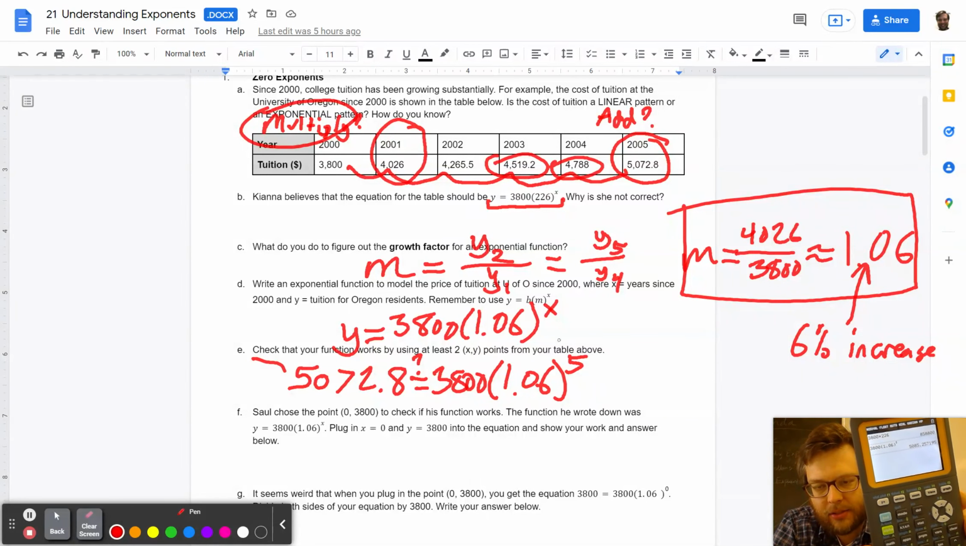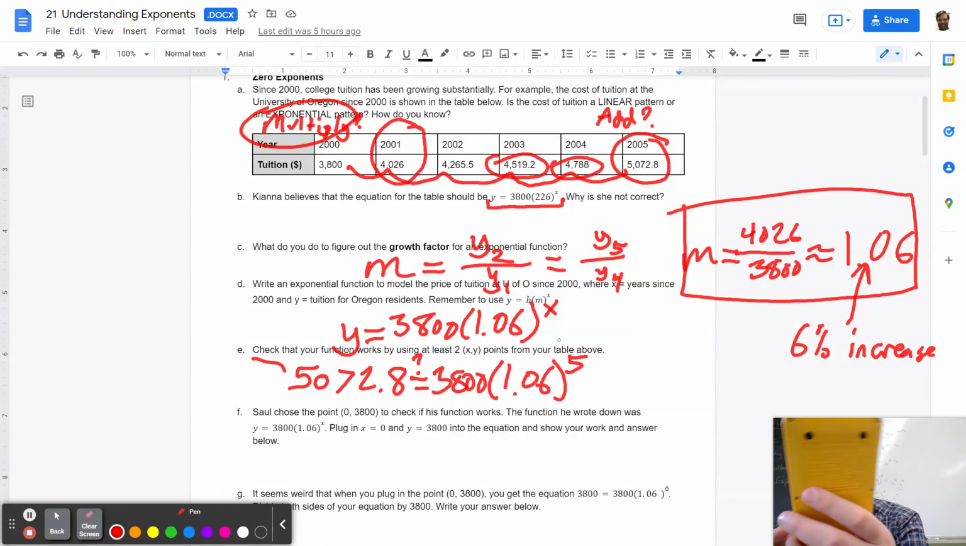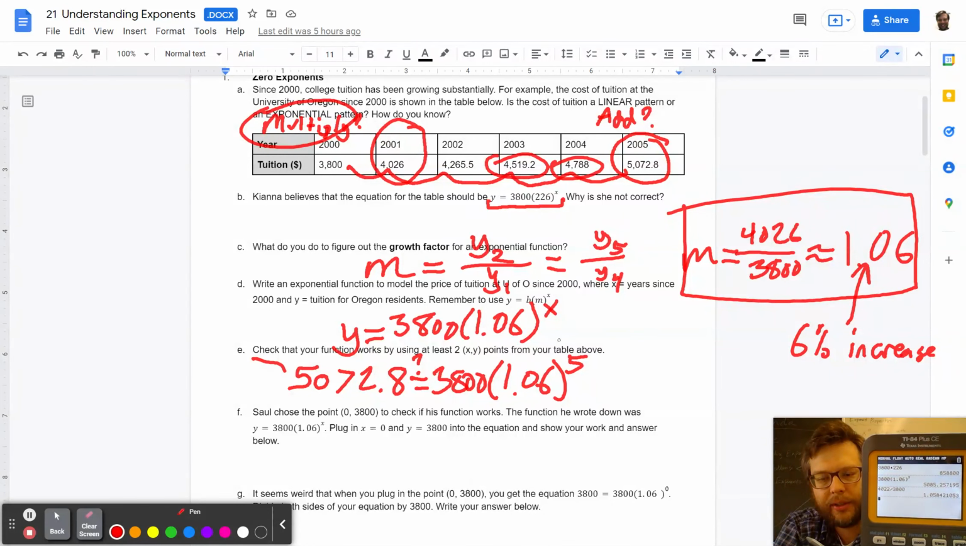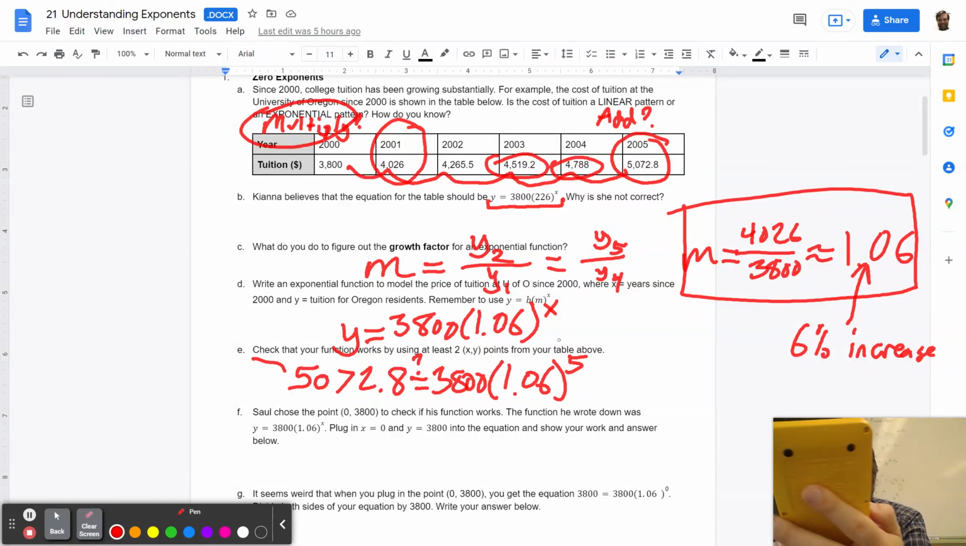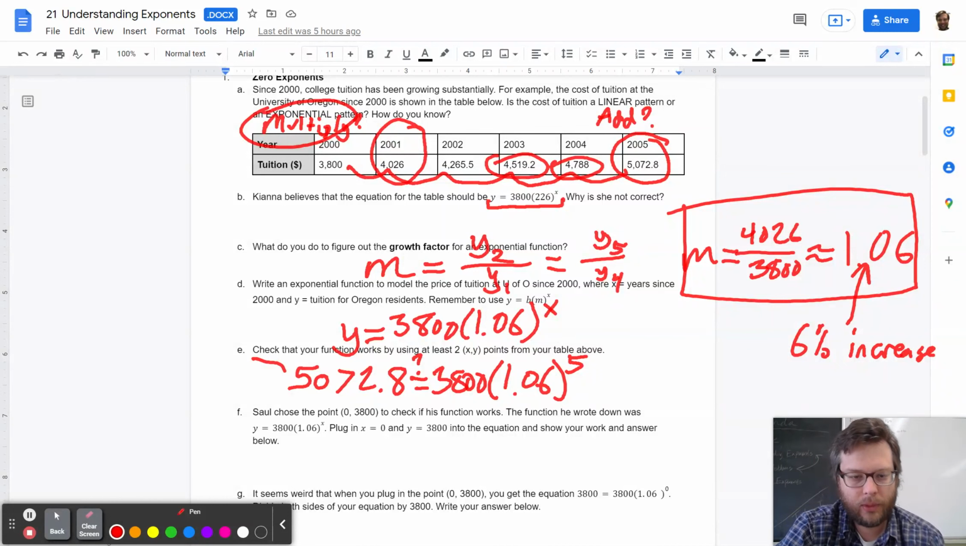And I was expecting it to be a little bit off because I rounded my m to 1.06. If I had used the real m value, which is that hard looking decimal right there, if I used that whole decimal, I would get a little bit closer to the exact value there. Okay? So, moving along,